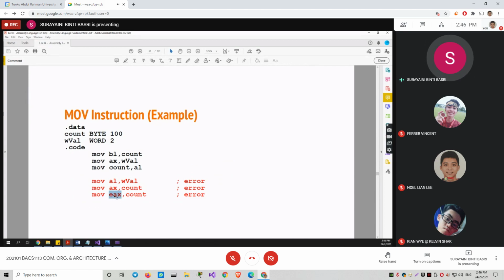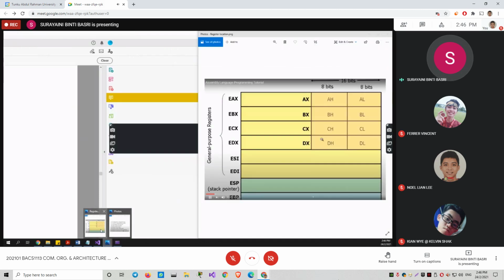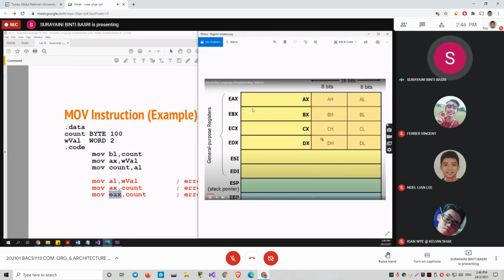Its size is 32. If you want to be more clear, it is like this. If we are doing programming in 16 bits, we can only use AX, BX, CX, and DX. But if we are programming in 32 bits, we can use EAX, EBX, ECX, and all of these, because these are the codes that are predefined inside